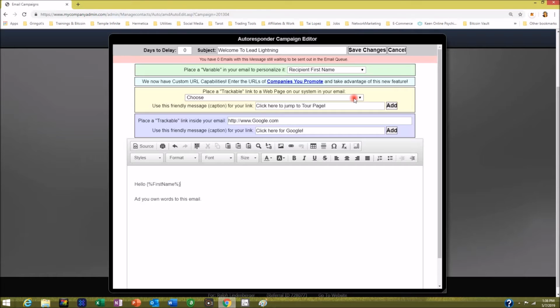system library. And if you want to put a link that links to something outside of the Power Lead system, you can use this function here and just put your link right in that box there and click add, and it appears in the email. Let's just say here, let's say we want to link that to http